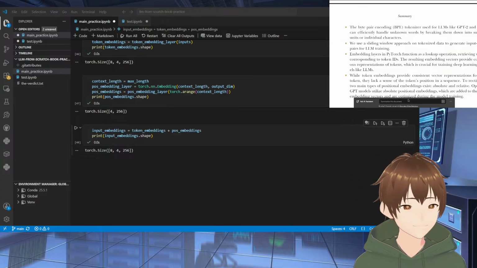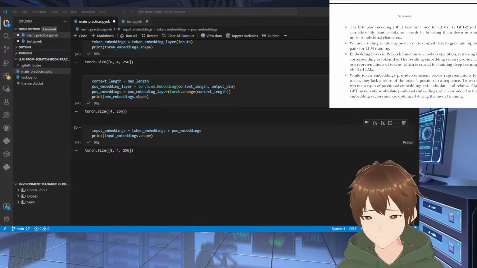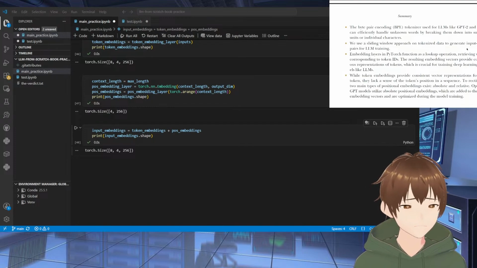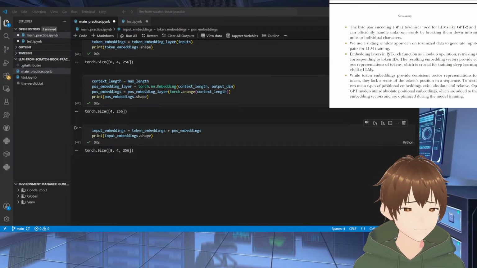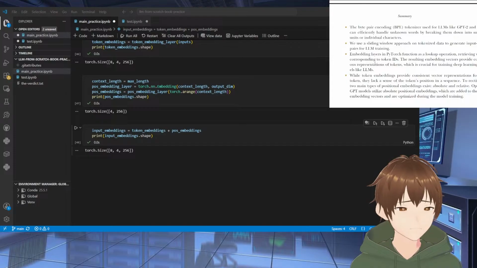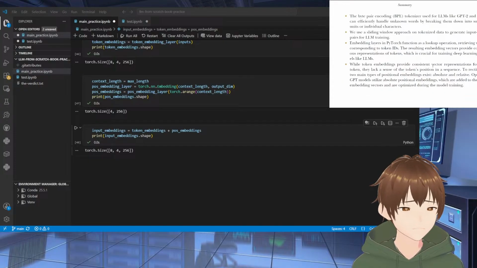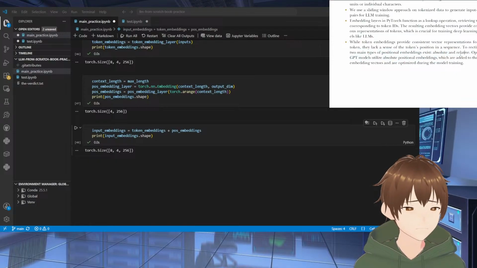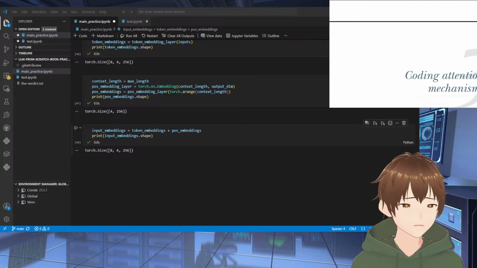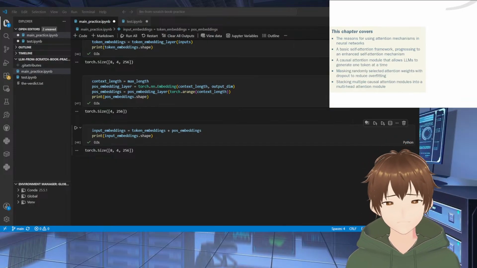Add understanding to that. And then let's see. So we use a sliding window approach on tokenized data to generate input-target pairs. Yep. And embedding layers in PyTorch function as a lookup operation, retrieving vector representations of tokens, which is crucial to training deep learning models. While token embeddings provide a consistent vector representation for each token, they lack a sense of position in the sequence, which is what positional embedding is for. Yes. Two types of embedding: absolute or relative. OpenAI uses absolute, which are added to token embeddings and optimized during model training. All right, so